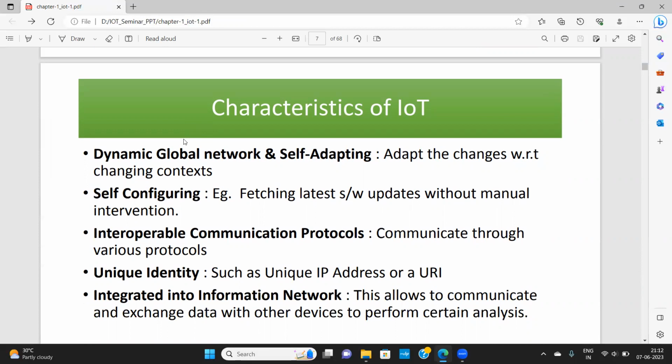Dynamic global network means the things or devices which are present worldwide are interconnected and communicate to exchange data. So IoT is a dynamic global network which is self-adapting, and takes smart decisions based on the surrounding network or devices. Now, the second one is